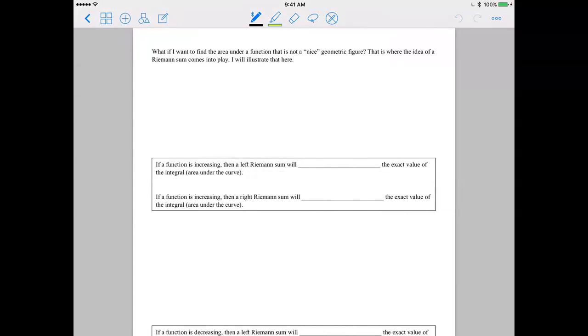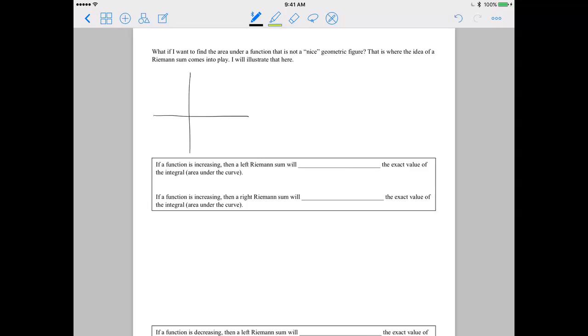Okay, well, what if I want to find the area under a function that's not a nice geometric figure? In pre-cal, you learned how to find a definite integral as long as the function was a really nice geometric figure. For instance, a circle or a triangle or a rectangle or something like that. Well, this is where the idea of a Riemann sum comes into play, and I'll illustrate that here using an